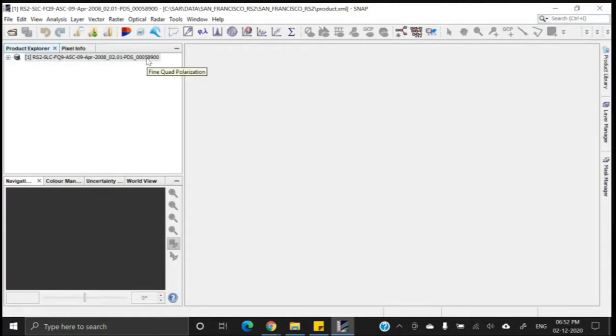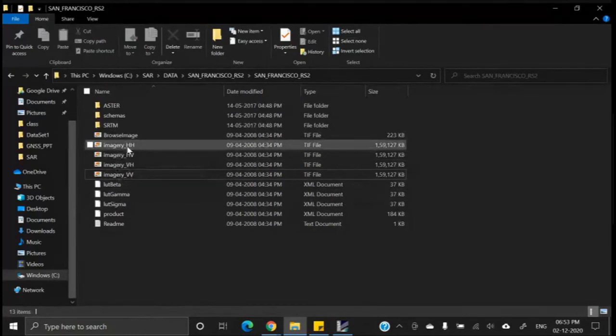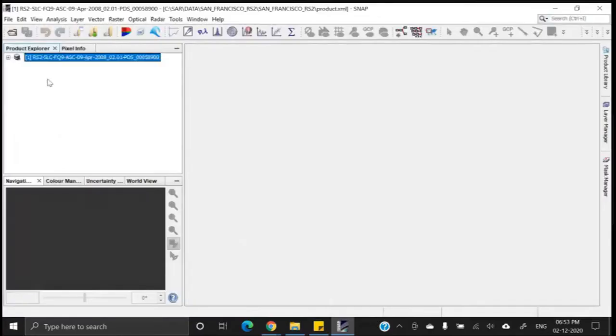The file name is given by the software automatically, and as you can see, this data set name does not match any of the file names here. So the name has been taken from the metadata file. What is the file name? First, RS2 means the sensor name, RadarSat-2. Then SLC means single look complex data. Then we have FQ9, ASC. These are the processing information, processing station information.